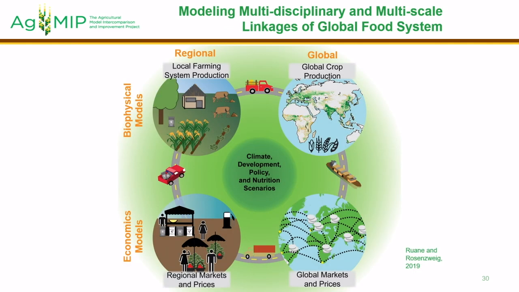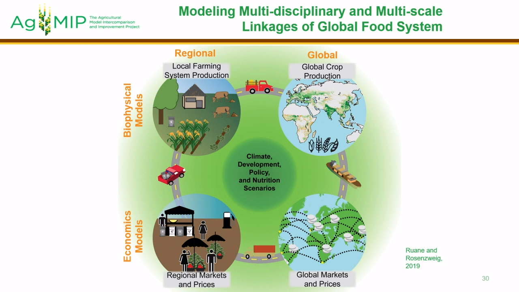So an idea of what this looks like is maybe best addressed with a quick story, which is that what happens in the upper left in a specific farming system is just one example of many farming systems around the world in that upper right quadrant. The total global production drives many global markets and prices and imports and exports, and that in turn influences what happens in regional markets, feeding right back to the decisions made on the farm that year and the next year.